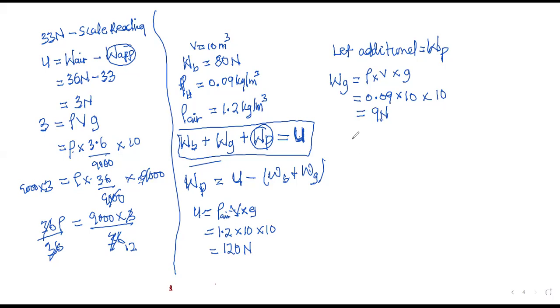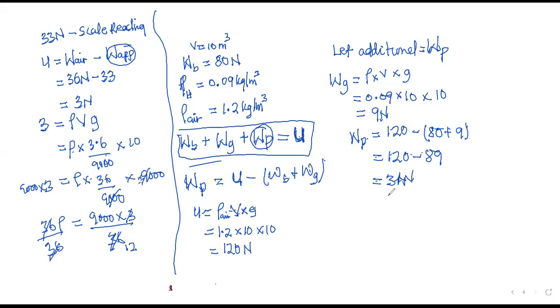Therefore, the additional weight WP must be equal to the upthrust, which is 120, minus the weight of the balloon, which is 80, plus the weight of the hydrogen gas, 9. So 120 minus 89. And class, what is 120 minus 89? This is 31